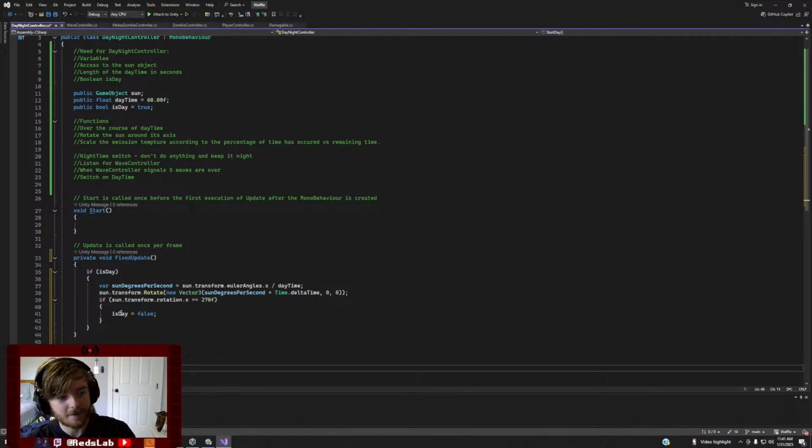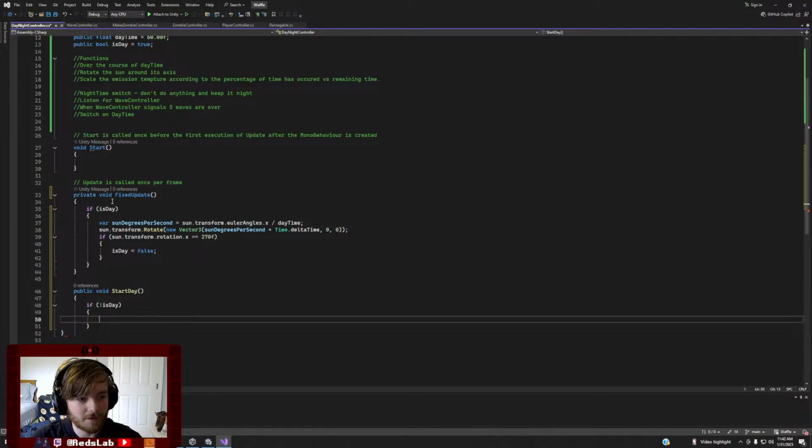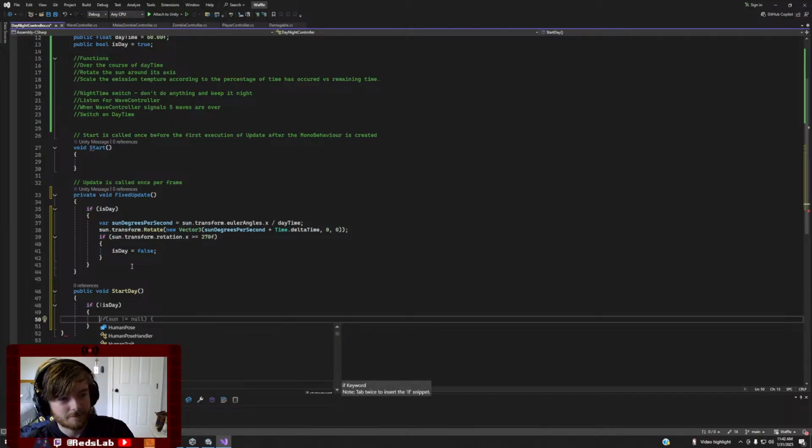So if not isDay, just for some error handling, then we're going to want to make sure we set our sun, or no, what was it doing? Okay, sun.transform.rotation.x is going to be equal to 270, like so,